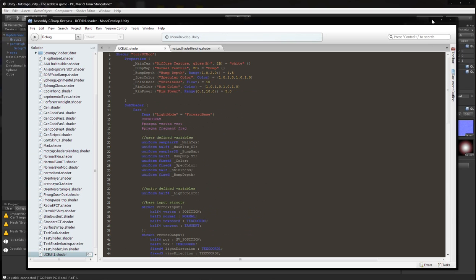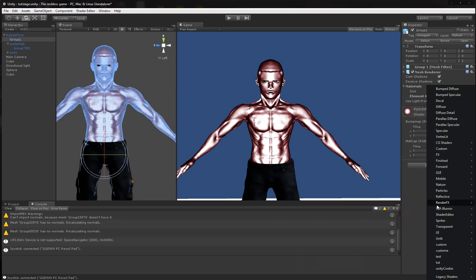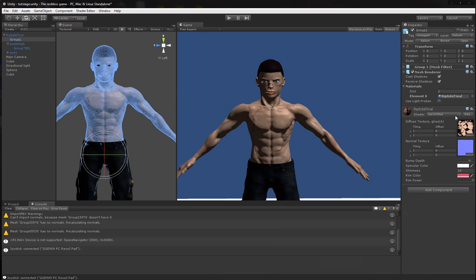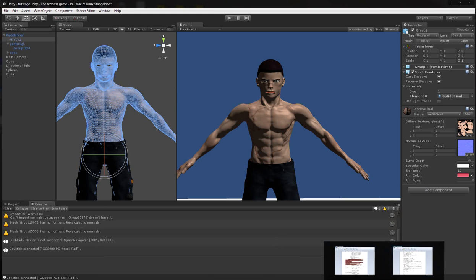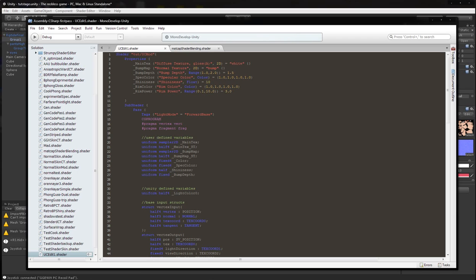So I think I want to put the matcap texture below the rim power. So we're going to start here. Just copy this. We're going to be doing a lot of copying and pasting. So you want to copy that,